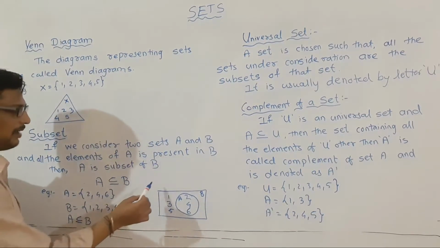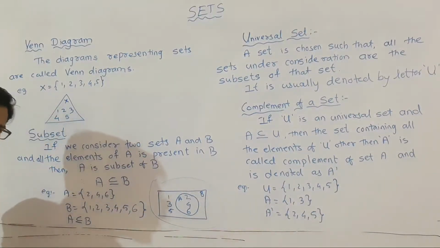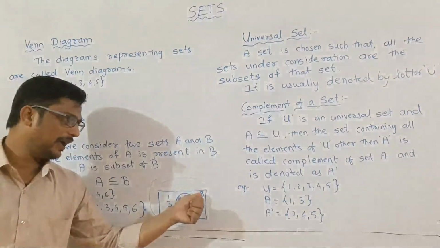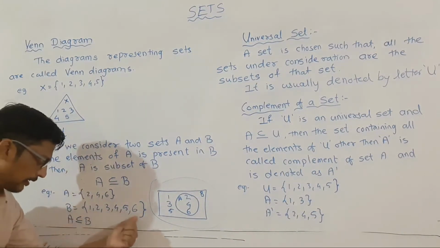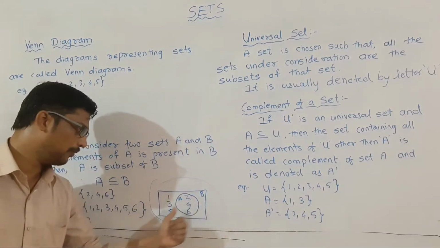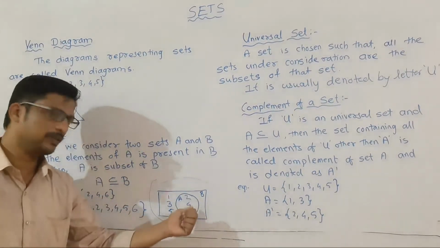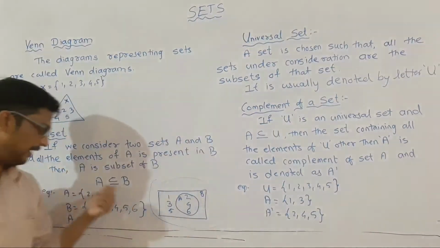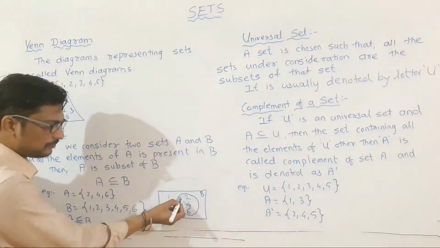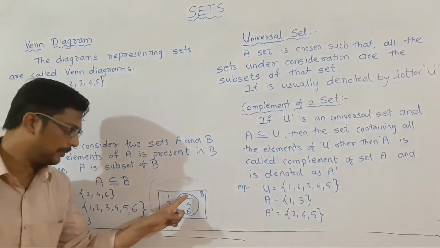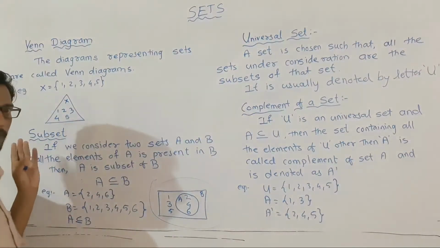Now the diagrammatic representation, that means the Venn diagram. I have considered a closed box and named it B. This is my set B, which has elements 1, 2, 3, 4, 5, 6, so I have written 1, 2, 3, 4, 5, 6 over here. Now A has 3 elements, 2, 4, 6. For representing the set A, I have used a circle and written the name A inside it, and it has 3 elements 2, 4 and 6. So that was about subset.